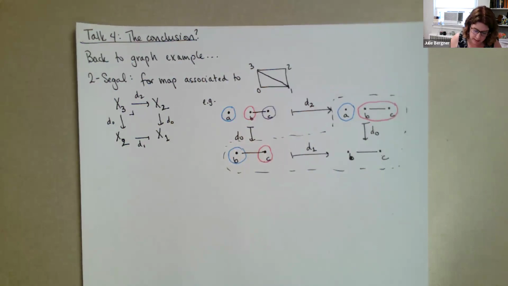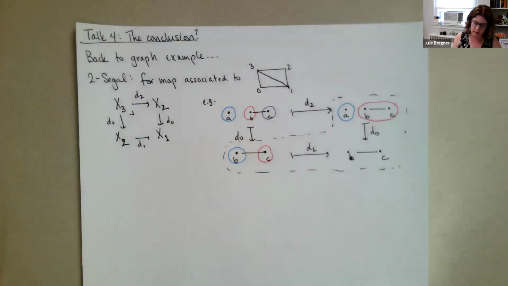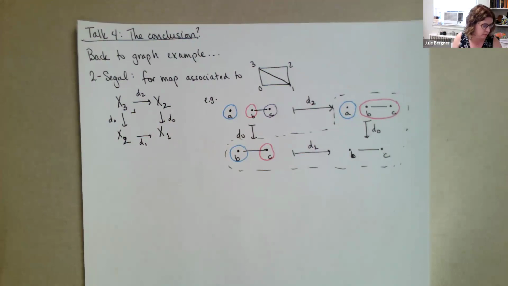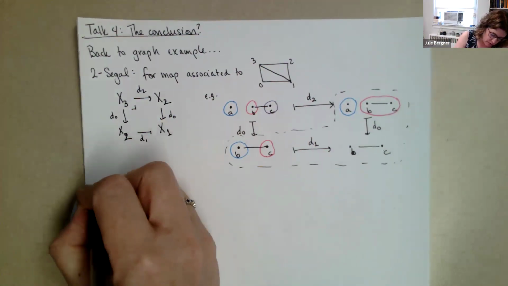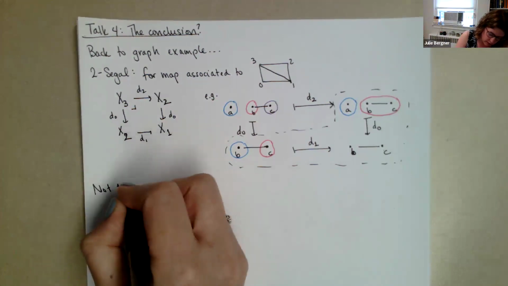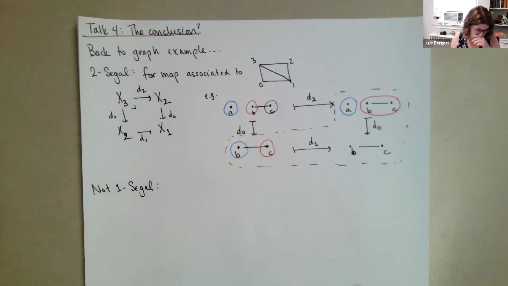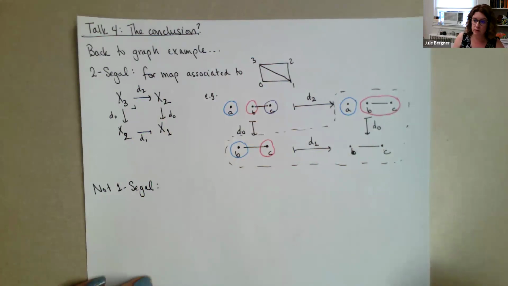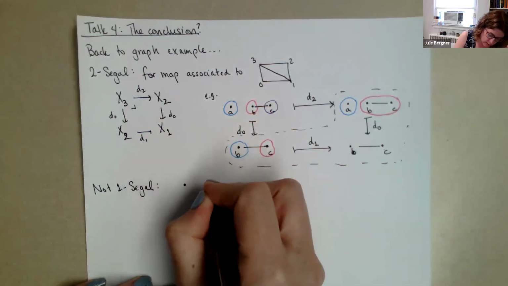And again, that's just the idea for why, not a proof, but just sort of an illustrative example for why, in fact, this simplicial set is 2 Segal. Okay. But then, well, we like things that are strictly 2 Segal and they're not 1 Segal. So here's an example of why this is not 1 Segal. And it's not 1 Segal for a couple of different reasons. So if we look at the 2 simplices,